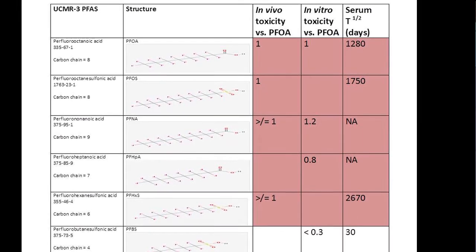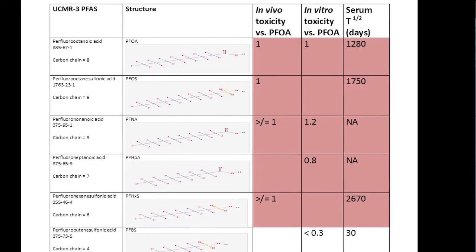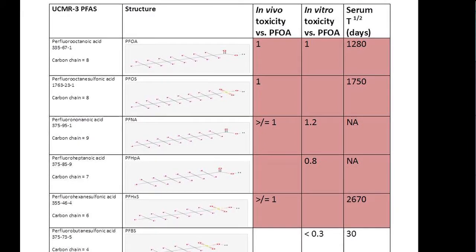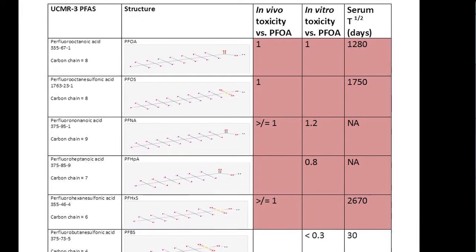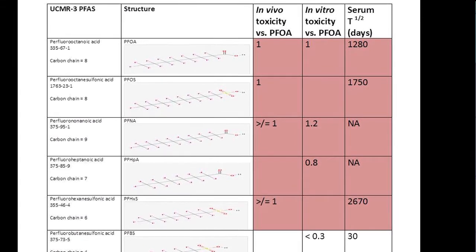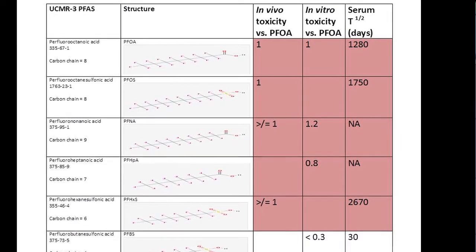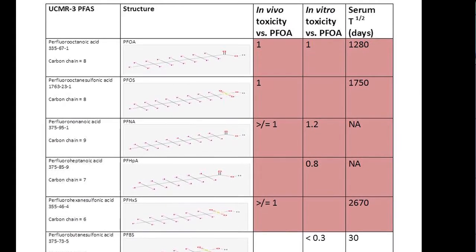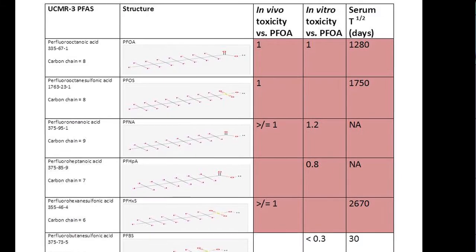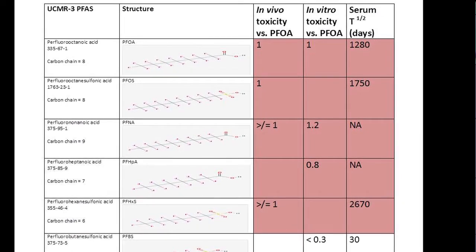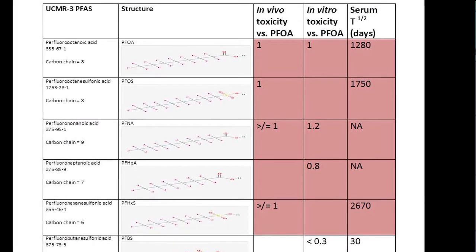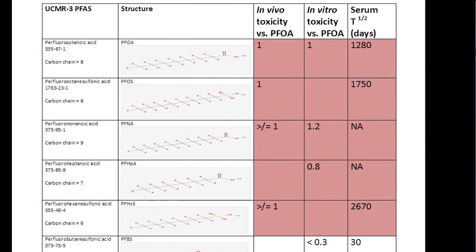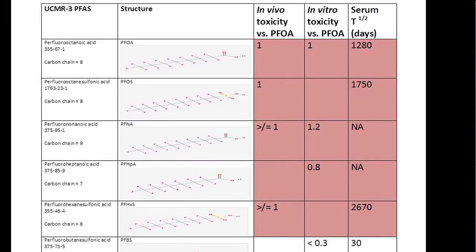If we look at PFOA, well, first of all, if you look at the structures, which may be a little hard to see here, we have 2 different functional groups at the end, a carboxylic acid group and a sulfonate group. The yellow is the sulfur. It doesn't take a sophisticated toxicologist or rocket scientist to see that these are pretty similar compounds, both in terms of chain length, functional group, and charge